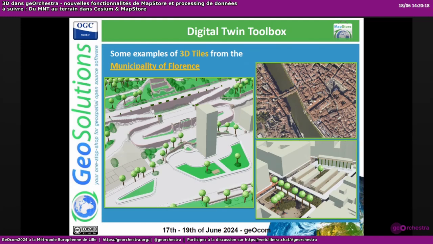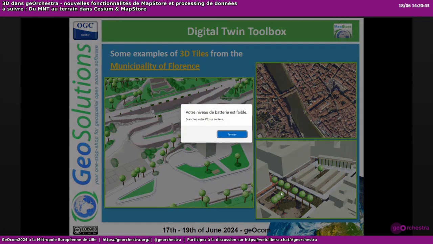These are a few examples from the municipality of Florence, where we have worked for generating indeed 3D tiles. As you can see here, all these data are coming directly from the urban environment, okay, with the aim to provide a digital twin representation of the city. Here we have, for example, for the point layer,